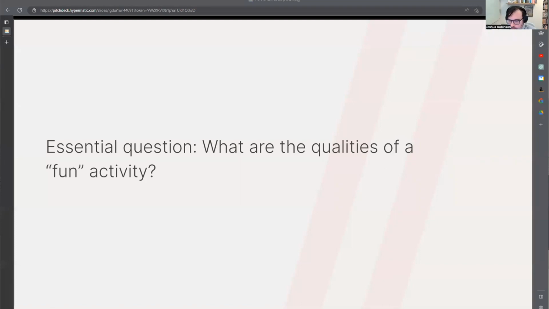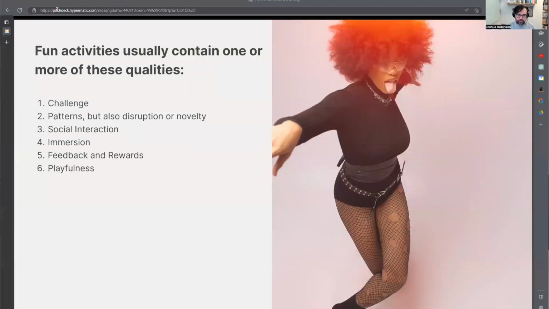Okay, so when we're looking at the qualities of a fun activity, again, I asked myself this question and I kind of came up with some vague answers, but then I started doing a little desktop research, talking to some other people, some other designers about what they considered fun. And here's what I landed on as a rough guide. This isn't a theory of fun, okay? This isn't an expert's view about what makes an activity fun. This is just a novice's guide that I am going to use in my own work. And then you may find some things to use as well.